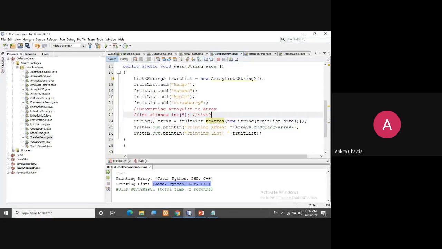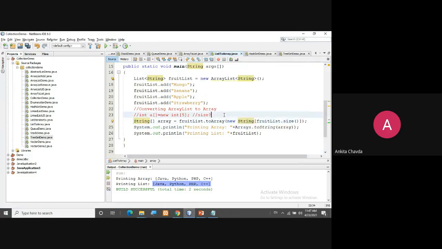For that you simply write new string of fruit list dot size. This will return the size of your list, and whatever it returns, that is my array size. Whatever the size of your list, that will be the size of my string array. I hope it is clear why we are writing this new string of this.